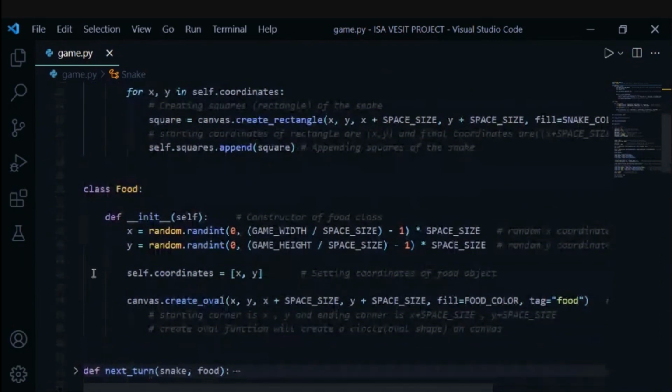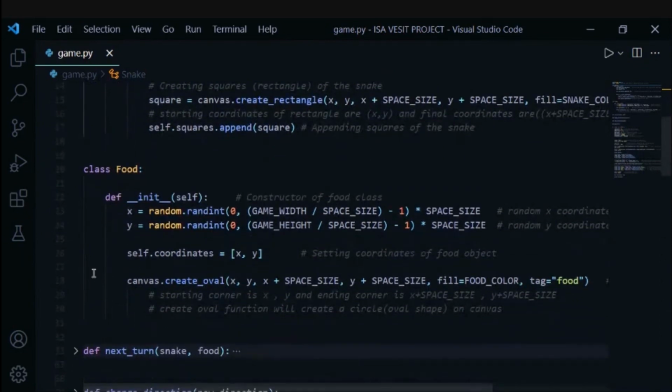In the food class, as you can see, we store the x and y coordinates of food in x and y variables. Note that we have generated values of x and y randomly using the randint method.